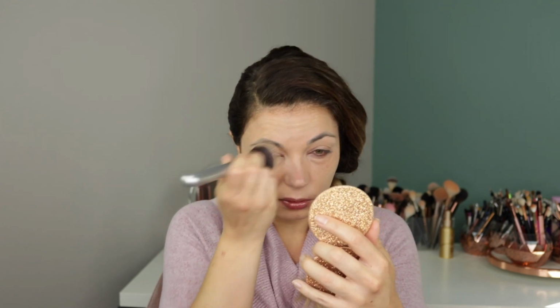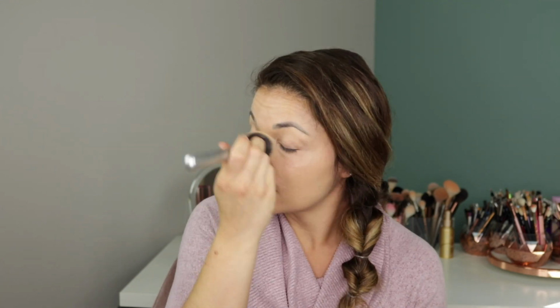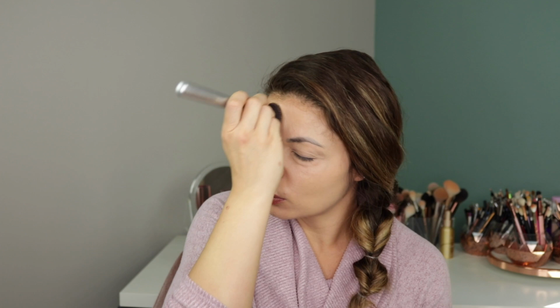It does have a scent to it. It's not horrible, but it definitely has a fragrance. I can't place it. Again, like I said about the face blur primer, it's just that skincare scent. So while I'm blending this in, let's just talk about the elephant in the room, which is my